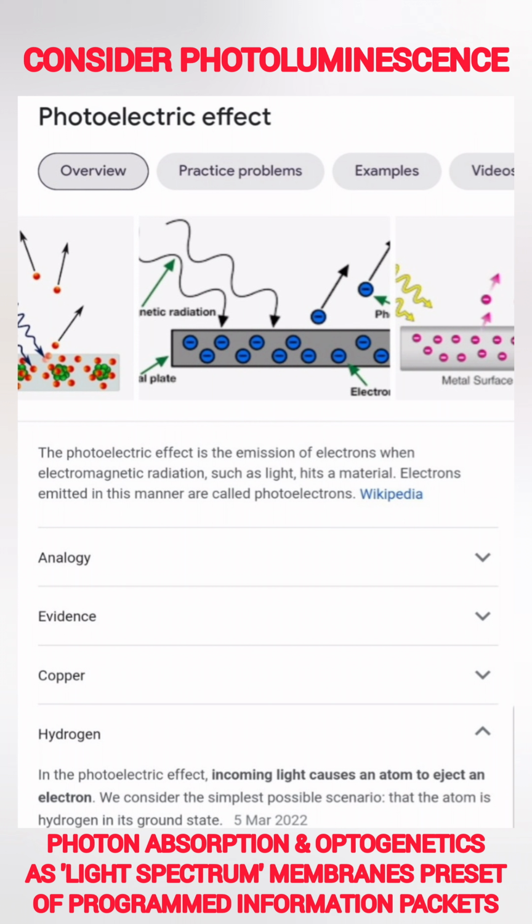For further reference, consider photoluminescence, photon absorption, and optogenetics as light spectrum membranes, preset of programmed information packets and virtually